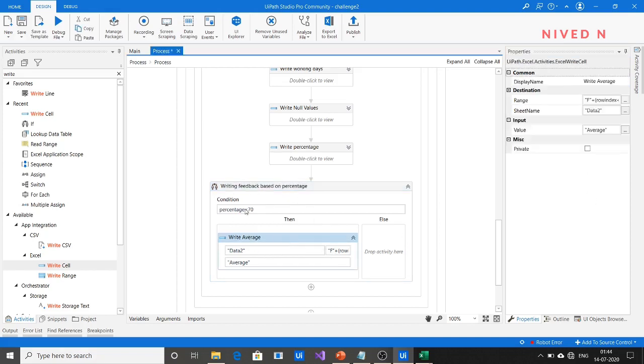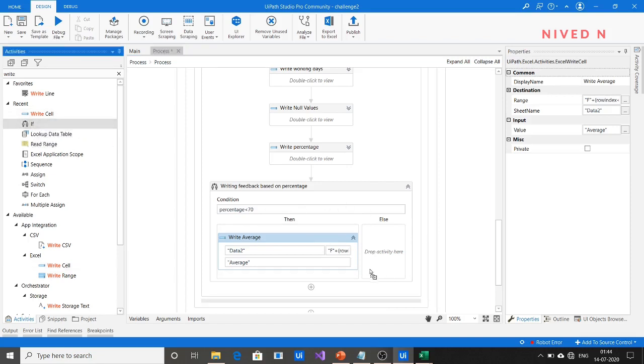Now we have written this condition, which means if percentage is less than 70 and it is true, we are writing the feedback as average. Else condition implies if percentage is greater than 70. Within that you can write another if condition.